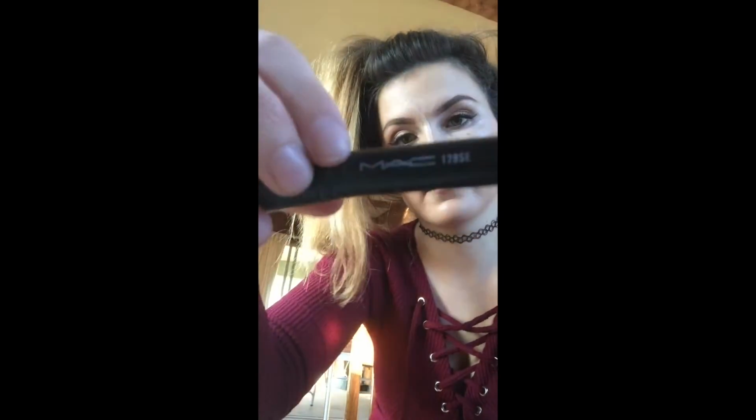And then guess what brush we're going to use? The same damn one that we've been using the whole time. Yeah, so we're going to blend that out with the brush. Again, you can use the Beauty Blender. I sound like a broken record saying this. I just really miss my Beauty Blender, okay? Sorry. So yeah, we're going to keep blending everything out